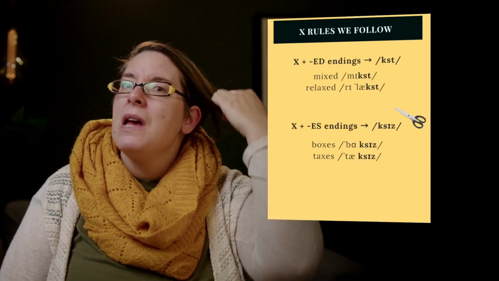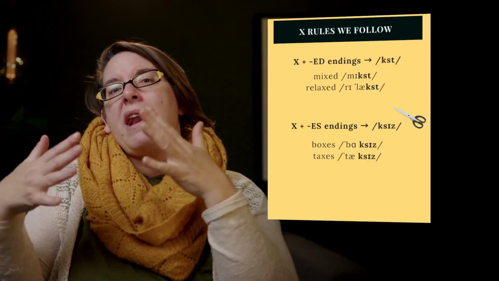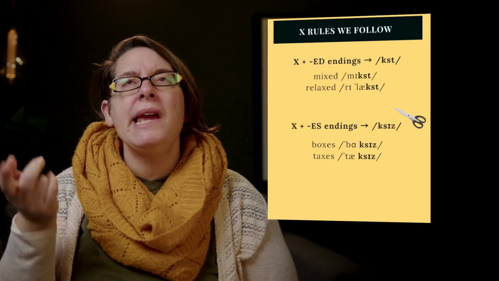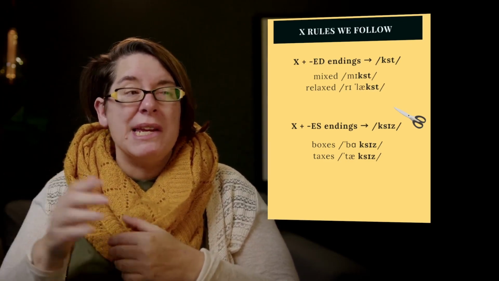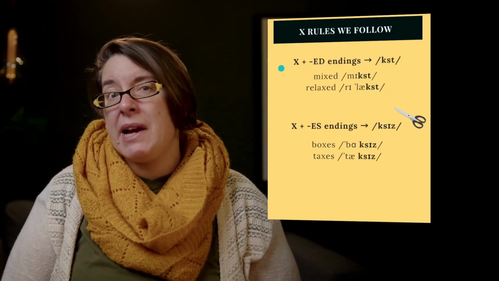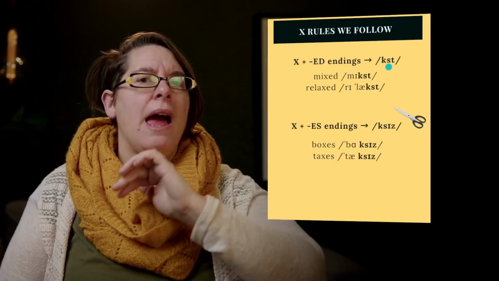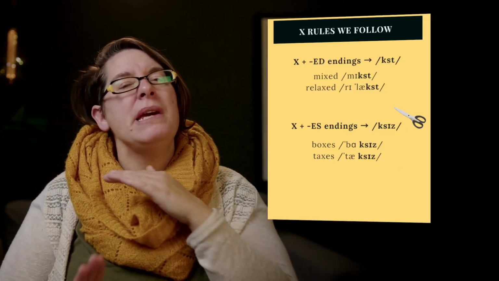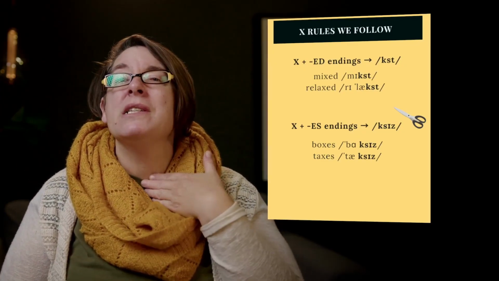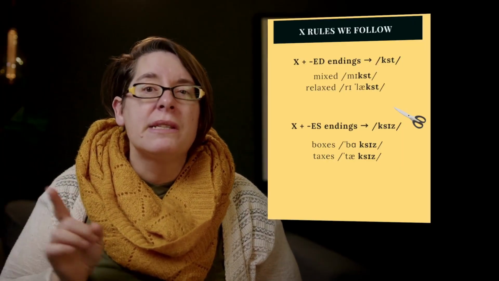So here's a couple of other things that now that you know how to articulate it really well, you can also apply that and add it to some rules so that you stop thinking about it so much, right? So for example, let's take an adjective with an ed ending, or a regular verb that's in the past tense, right? And then we end it with x, and then we add ed on the end. Okay, so I've got my k, s. Every time that ed ending, it's going to be a T sound. That E is going to be silent, and that letter D is going to be unvoiced to a T. So it's going to sound like k, s, t, kst,